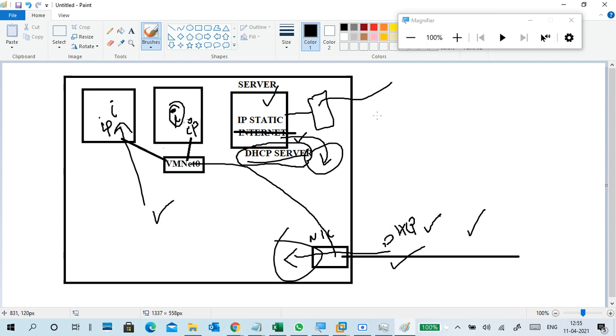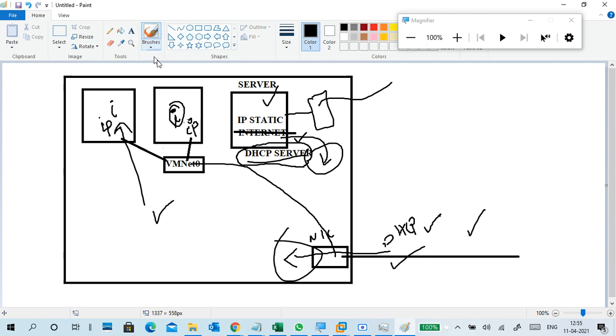So everyone in our institute got IP addresses from our server only. What happened? The internet is there, but everybody is getting a different IP address from the server only, not actually the router-related IP address. So it was giving a disturbance.